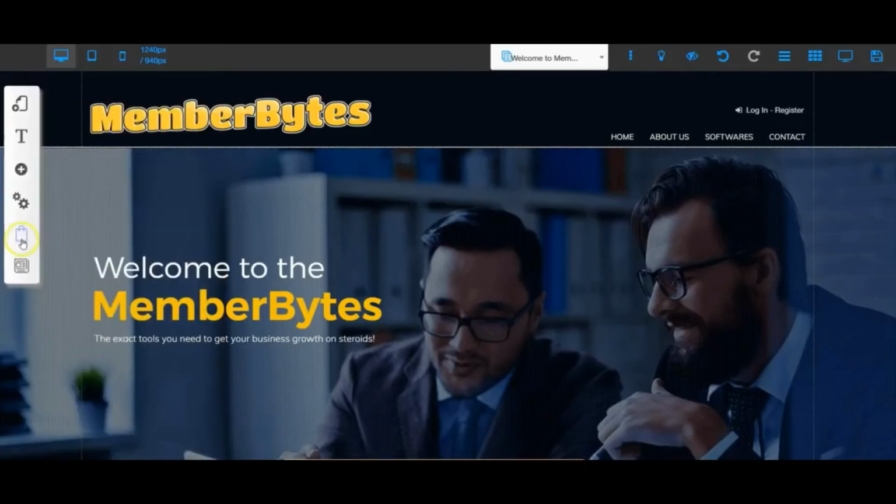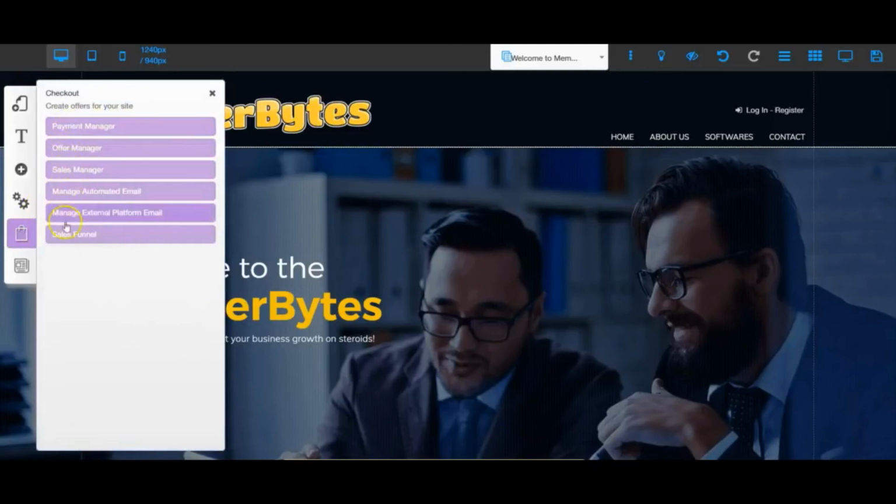The next item is the shopping bag. This is the area that you'll set up your purchasing information if you're setting up a product or a service that your visitors will purchase. So when you click the shopping bag, there's several different areas, including setting up your payment manager, setting up your offer, whether it's a service or a product, your sales manager, which is where you can take a look at